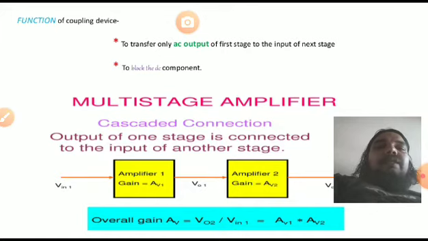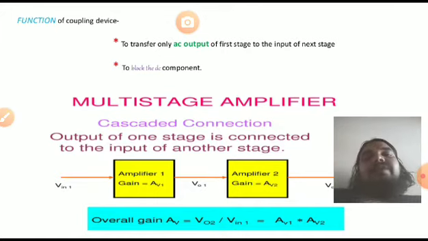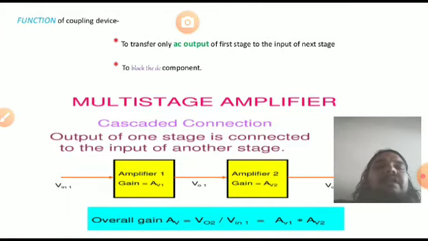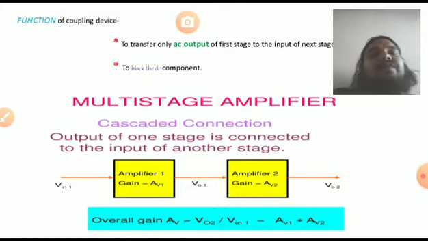It blocks the DC component. Here is a multi-stage amplifier in a cascaded configuration. The output of one stage is connected to the input of another stage. Just showing the diagram: the first stage operational amplifier, and the second stage operational amplifier 2,